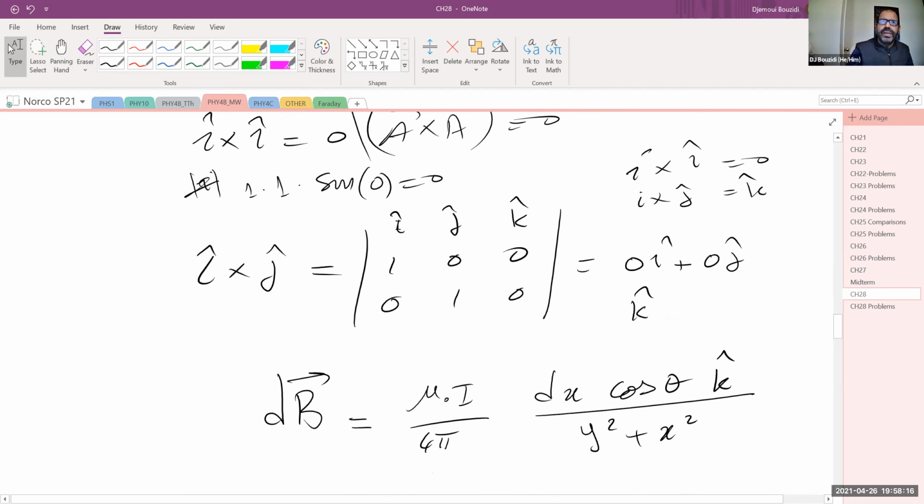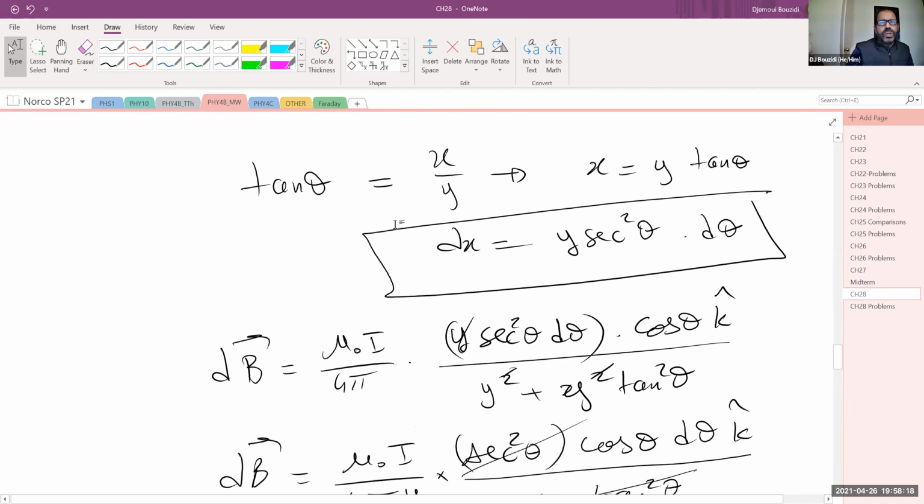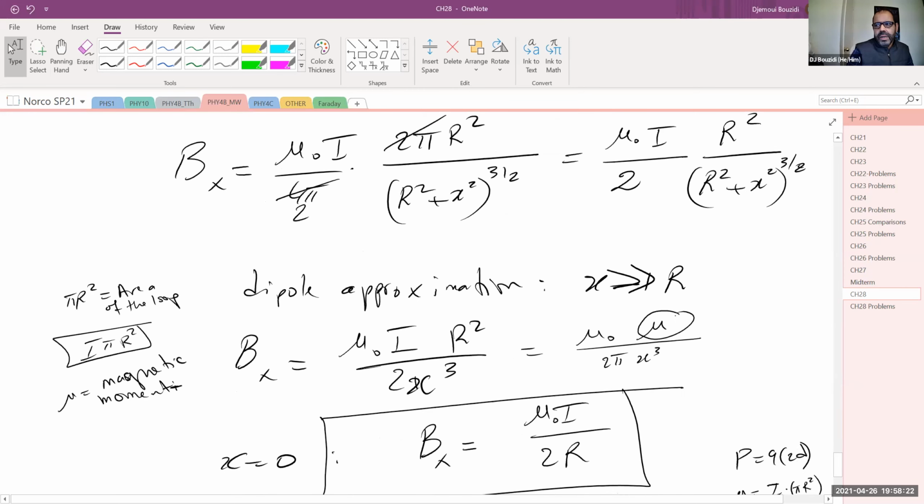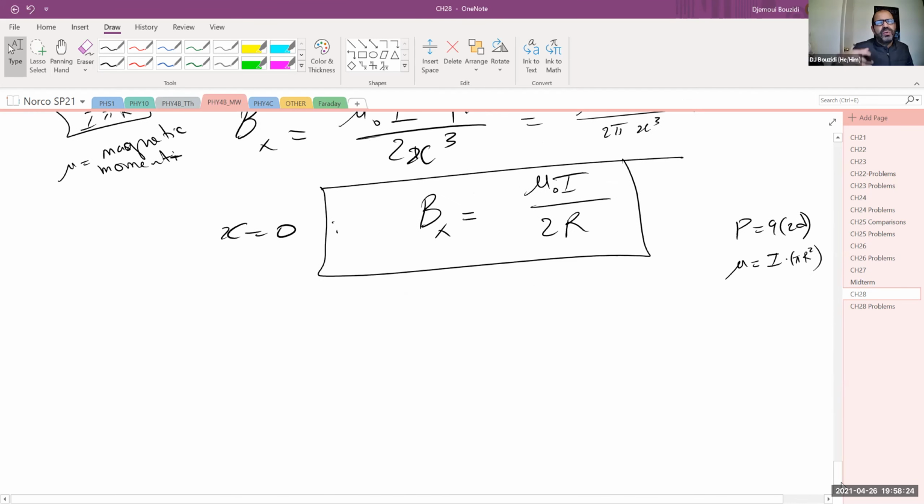So you don't have to derive these things. As a matter of fact, we're going to derive another law similar to Gauss's law, okay? That is going to be very useful so that we don't have to do this integration. If we have symmetry, then we use the so-called Ampere's law, similar to Gauss's law, where we're going to just basically calculate, instead of calculating the flux of the electric field. Remember what we did for the electrostatic part of it, we did the flux of the electric field,